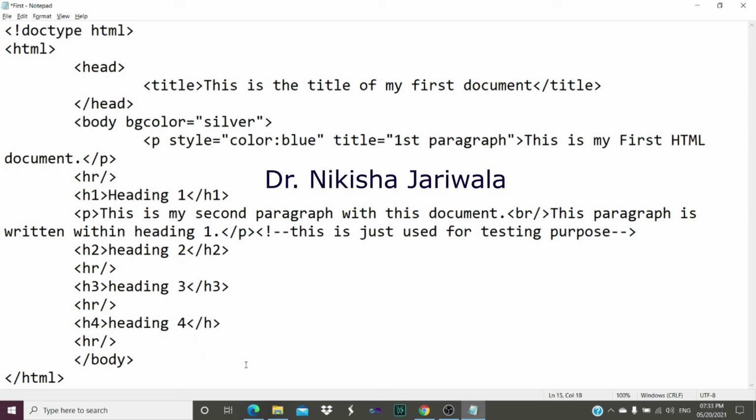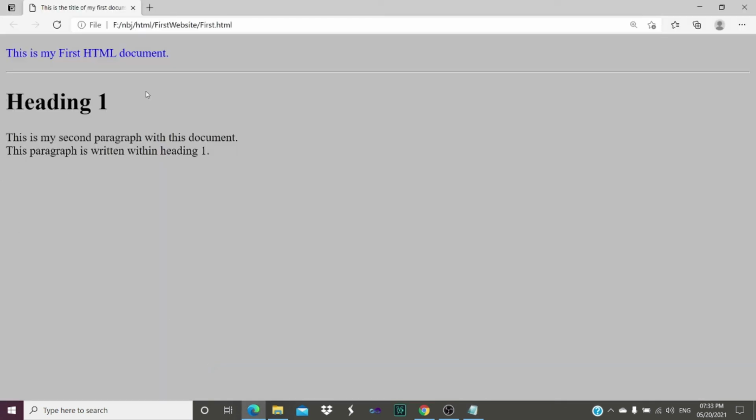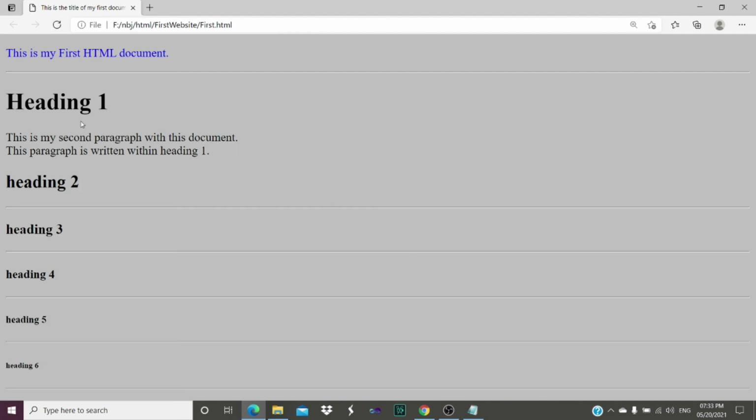After that, I will specify another tag, that is H4, for the fourth heading. So here we are doing this only to see what will be the size of all headings, because as there are 6 heading tags, obviously there is a difference. So we will be able to see the difference over here. And the last is H6. So here we go. We have modified our document related to heading tags also, and I have also saved the document. Now again, I will refresh the page. So here we go. See, this heading is displayed with the help of the H1 tag. This is related to H2, H3, H4, H5 and H6.